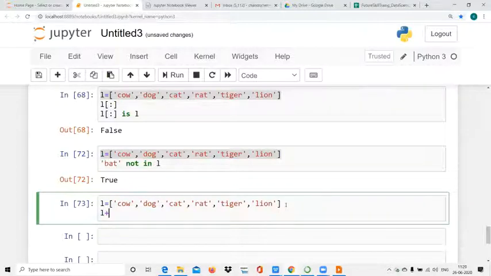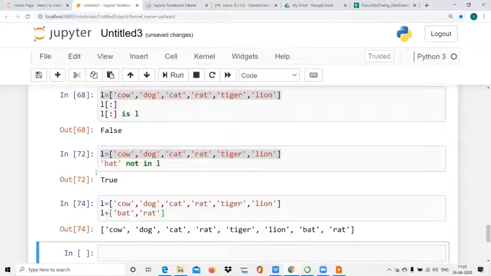See this, and suppose I want to add that. See, the list is concatenated, meaning these two elements, bat and rat, were added.